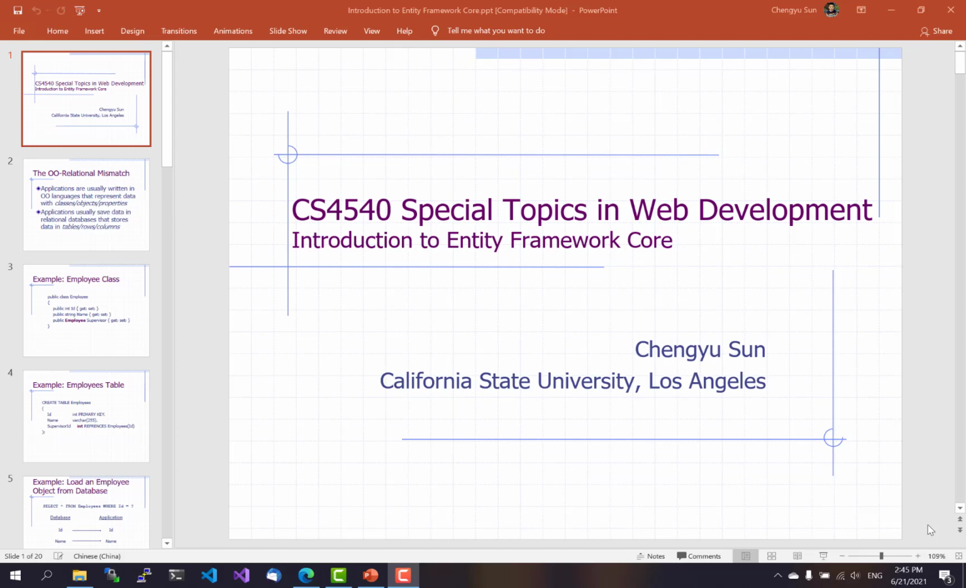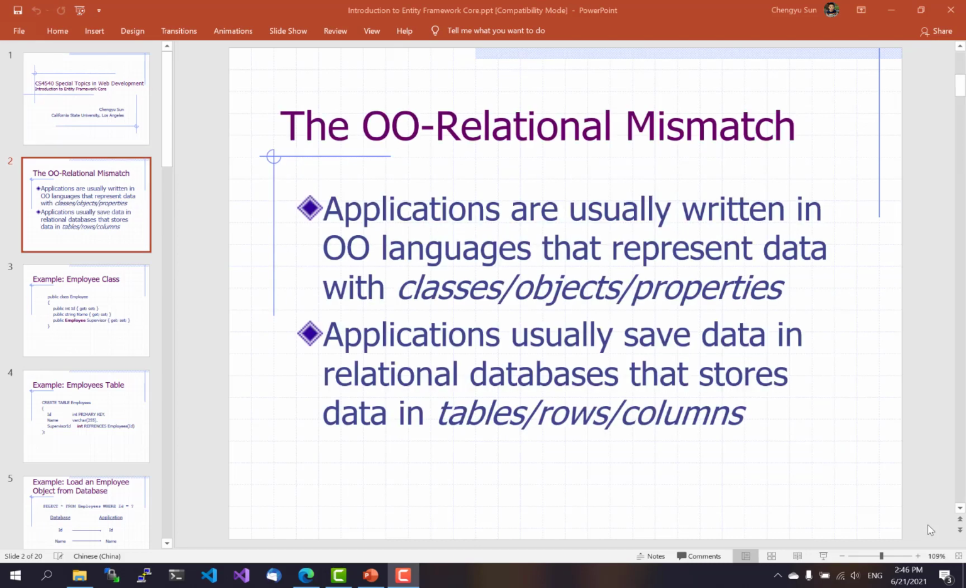In this video, we'll introduce Entity Framework Core, which is a very nice object relational mapping framework. So what is object relational mapping, or ORM? Well, it's something that bridges the mismatch between the object-oriented models in application languages and the relational data stored in